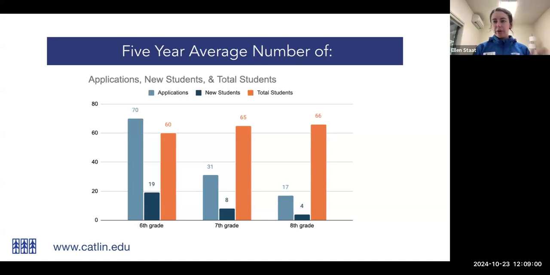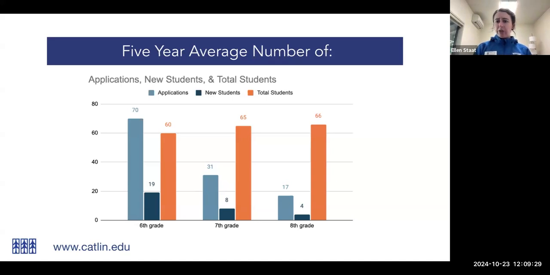We grow the class size from our rising fifth graders. There's about 40 of them who come up from Catlin Gable's fifth grade into sixth grade, and then we bring in 19 on average or so new kids. And then for seventh grade, you'll see that we grow the class size by about 5 more. That's to accommodate Montessori schools, but also we have students from all kinds of schools join us in seventh grade every year. And you can see on average, we have about 31 students apply to seventh grade, and we're able to admit on average about 8.